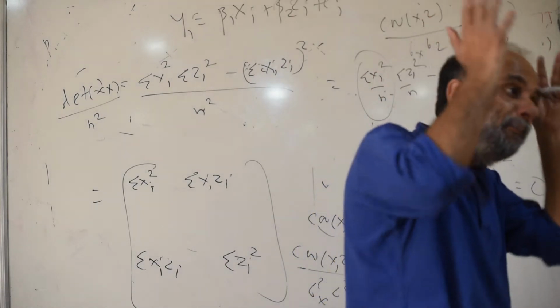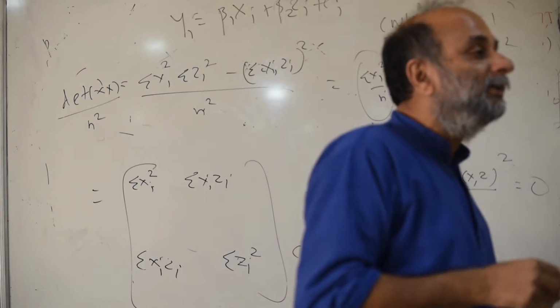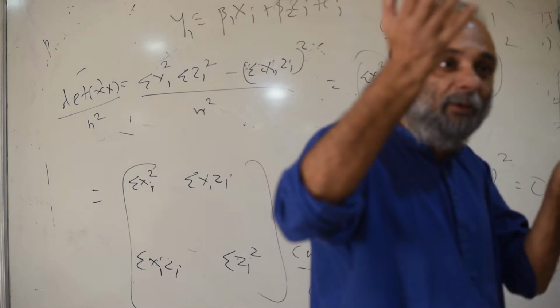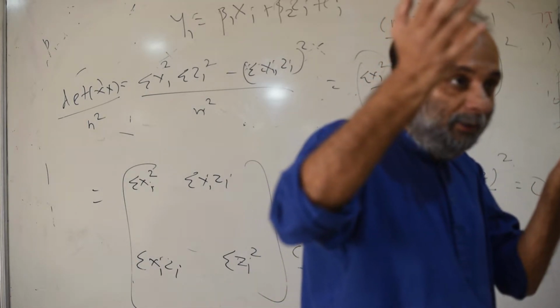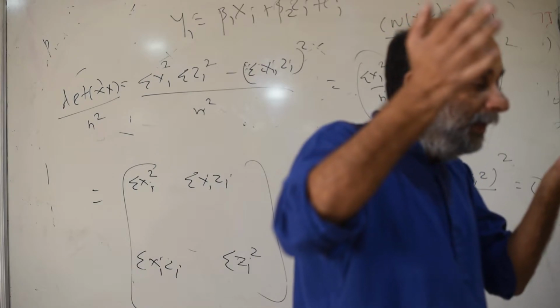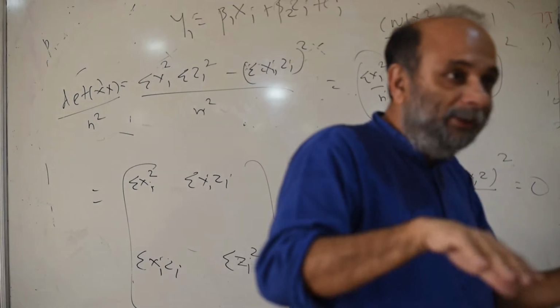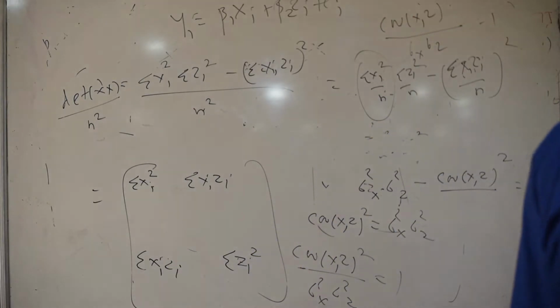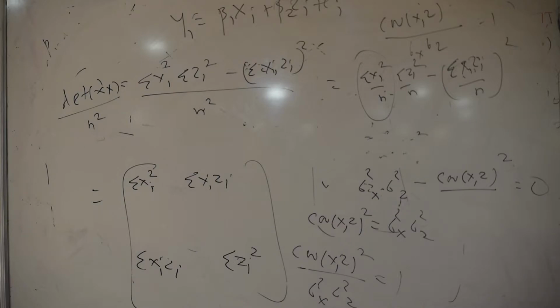But if x and z are perfectly correlated, you will not find any points like this. Because every time x changes, z will change by the same amount. Every time x goes down, z will go down or go up by the same amount. Because they will be perfectly correlated. In which case, even if you have 500 observations, you will effectively have 0 observations. Because you will not have even a single point to vary x keeping z constant and vary z keeping x constant.